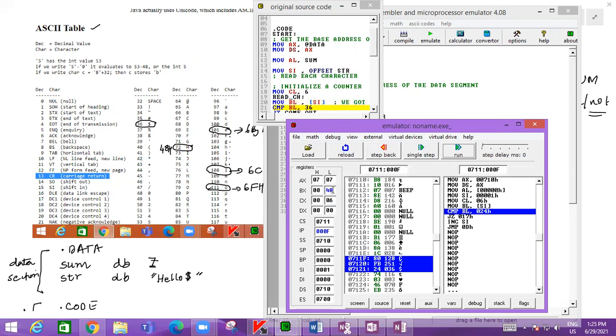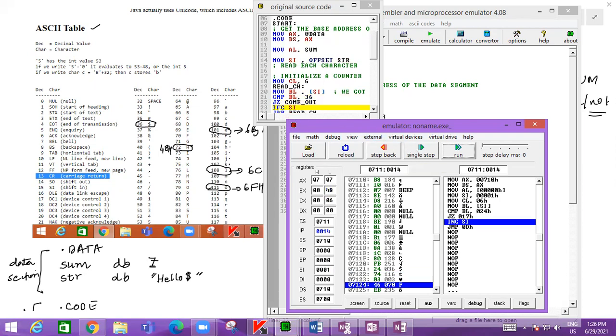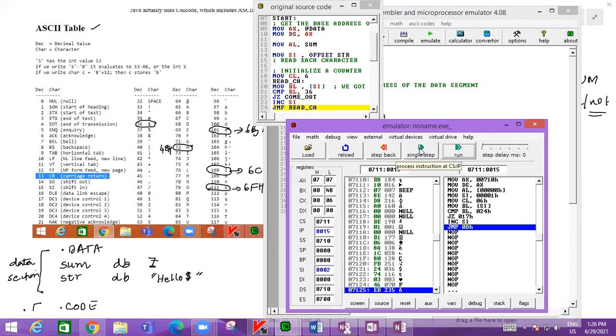This corresponds to capital H. You are comparing and checking whether that is equal to dollar sign. Single step. If it is 0, come out, else increment source index. It is not equal to 0. That is why it is going into incrementing the source index register. And then you are jumping back to reading the character.